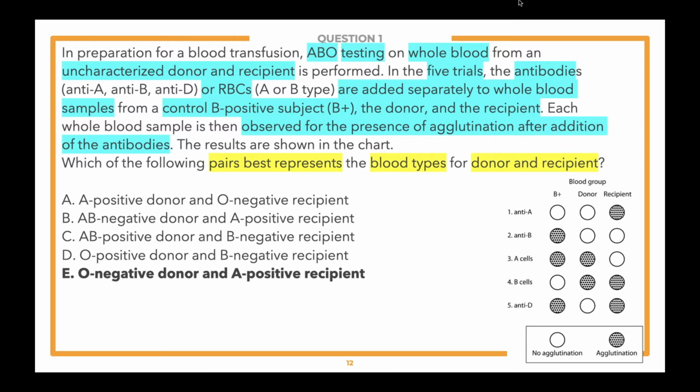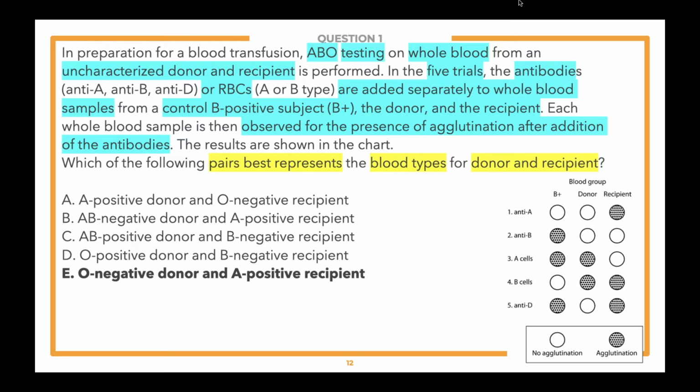Answer choice D, O positive donor and B negative recipient. In this case, the anti-D agglutination is negative in the donor, so we know that the donor must be Rh negative, okay? So it cannot be D. Answer choice C, AB positive donor and B negative recipient. Anti-A and anti-B antibodies do not agglutinate the donor red blood cells, okay? AB negative donor and A positive recipient, neither anti-A nor anti-B antibodies agglutinated the donor red blood cells, so that's